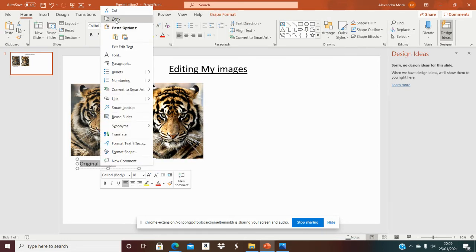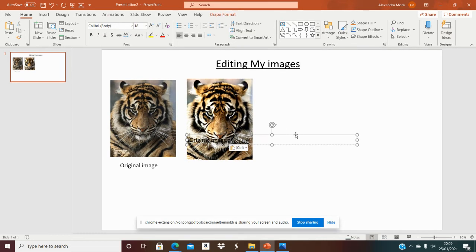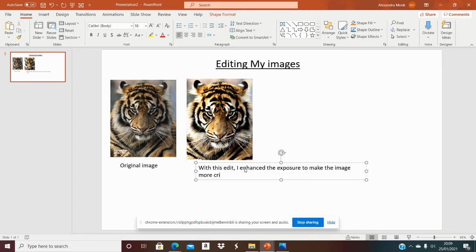And what I'm going to do here is annotate underneath that image and say what I did. Okay, so with this image, enhanced contrast. Sorry, the exposure to make the image more crisp. Okay,